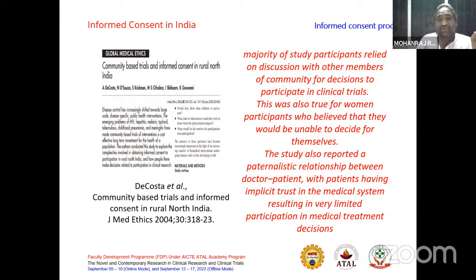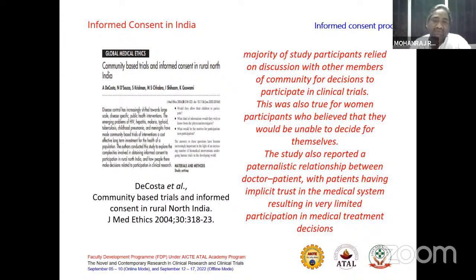What they found is, number one, they are not able to make any decision on their own, either to participate or not to participate in the clinical trial. Number two, most of the women are not able to believe these studies will benefit them in terms of disease or therapeutic equivalent. And the very important thing is